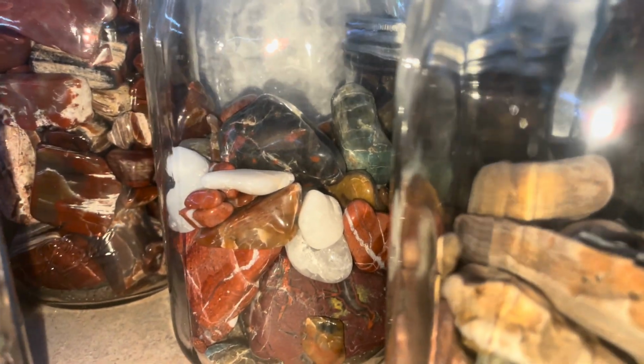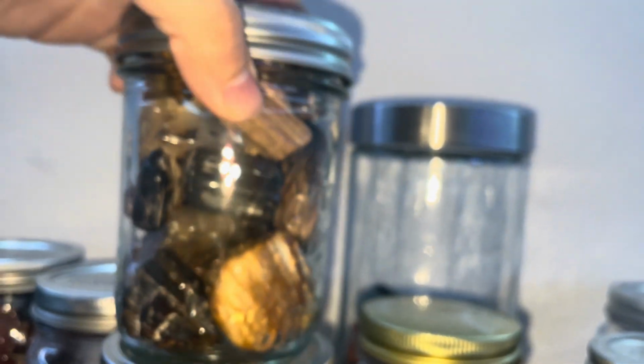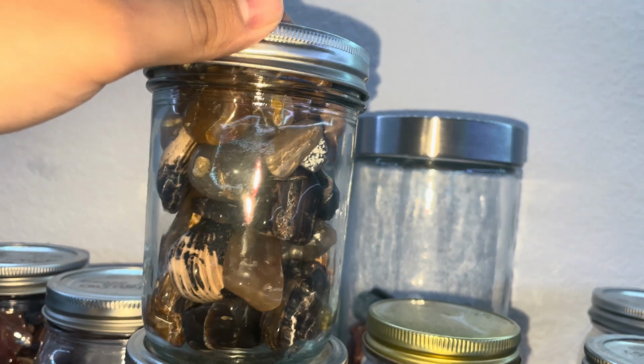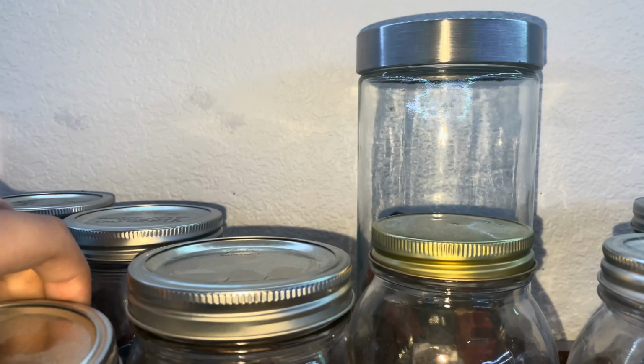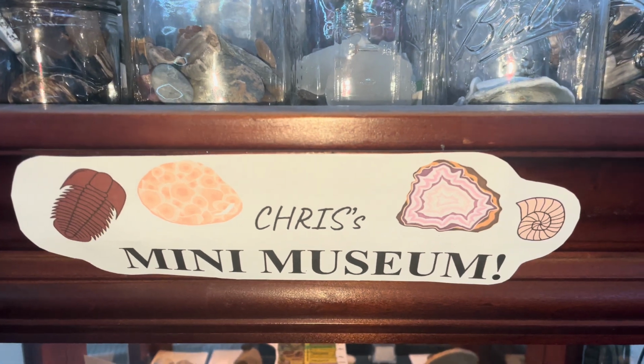do that yet. There's some tumbled Russian River rocks, some Arizona petrified wood back there, and then we got tumbled rocks from the Yellowstone River. I think these are beautiful, by the way, but I have them up here. Some petrified wood in there, agates and jaspers and whatnot. But let's head on down here. There's my sign, Chris's Mini Museum. Then we go down here